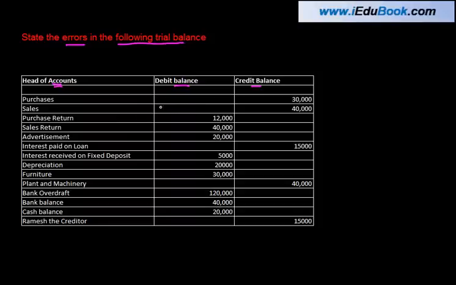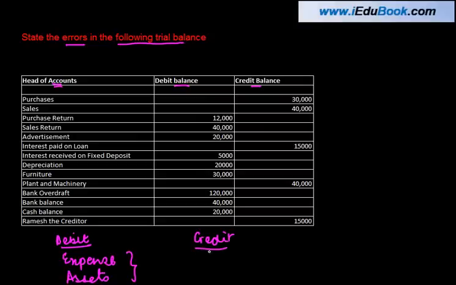Now a balance at the time of posting may go here or there, right? If the accountant is not good, he might just put the debit balance on the credit side and the credit balance on the debit side, right? So what is the rule? What all do debit balances have? They have expenses, they have assets, something which we saw in the previous two videos. The credit balance represents income and liabilities. So whenever you find that either of these conditions is not met, then it's an incorrect posting, right?